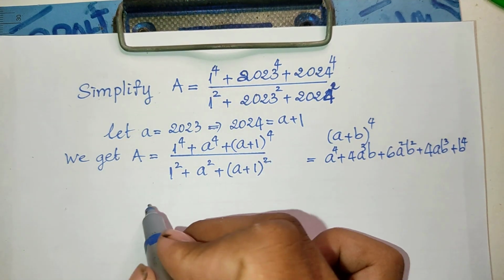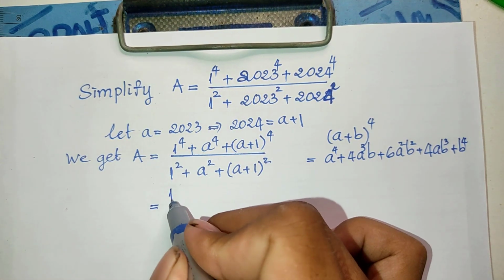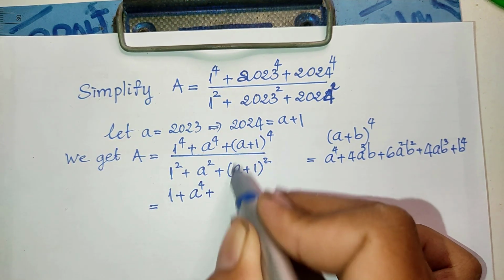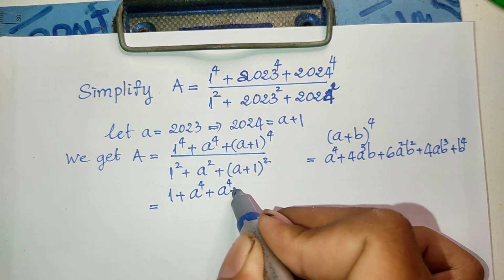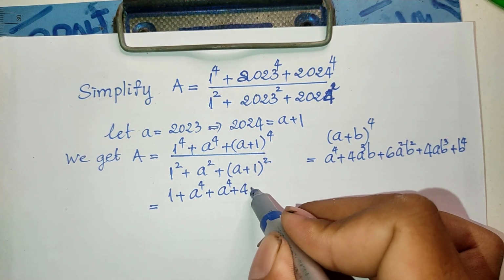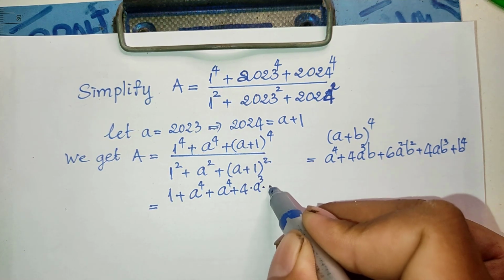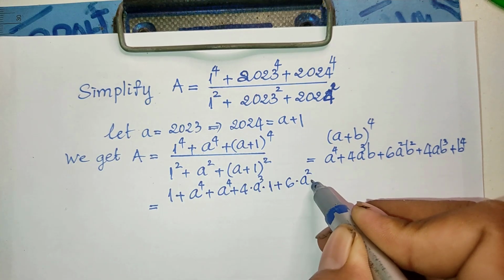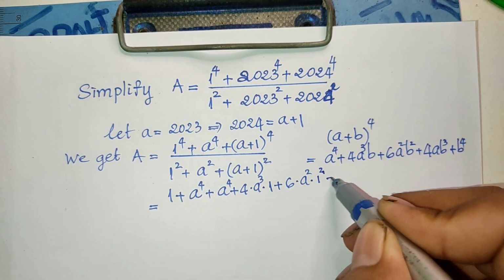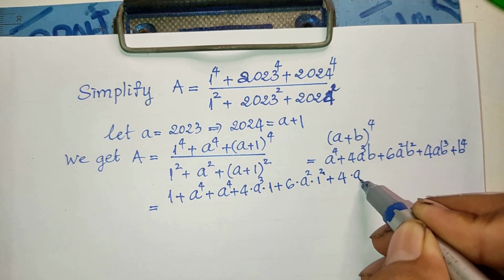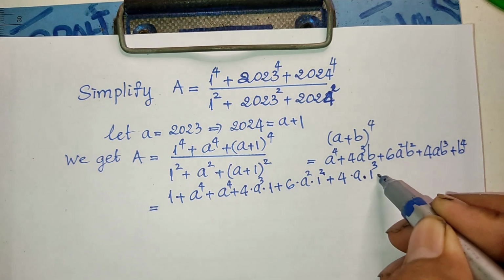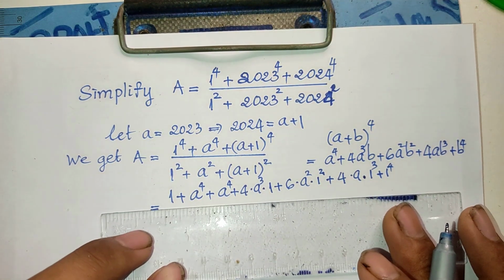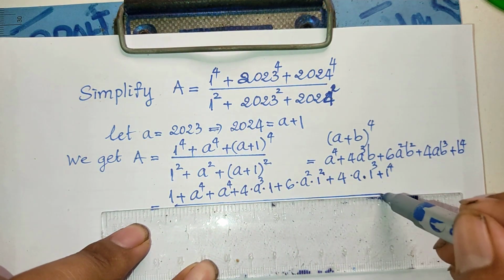And so now we get 1 plus a power 4 plus a power 4 plus 4 times a power 3 times 1 plus 6 times a squared times 1 squared plus 4 times a times 1 power 3 plus 1 power 4. And this is divided by